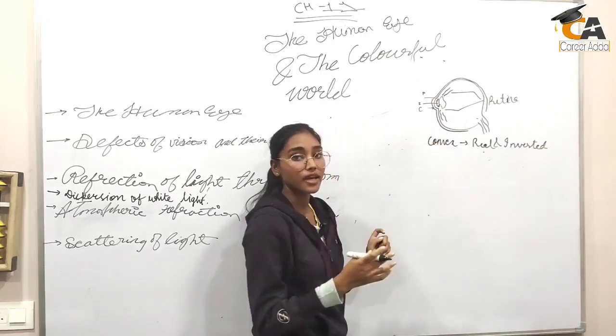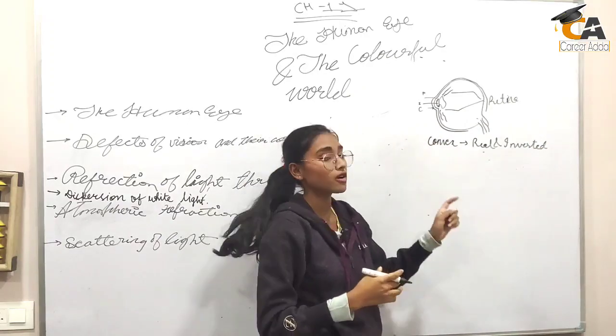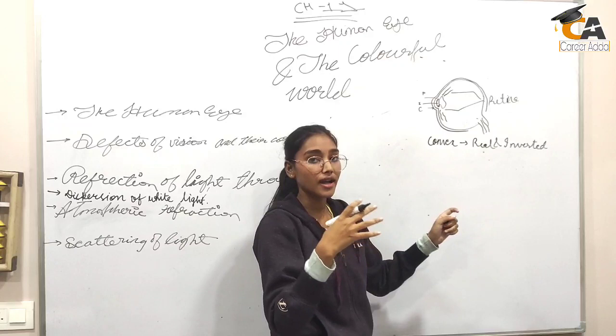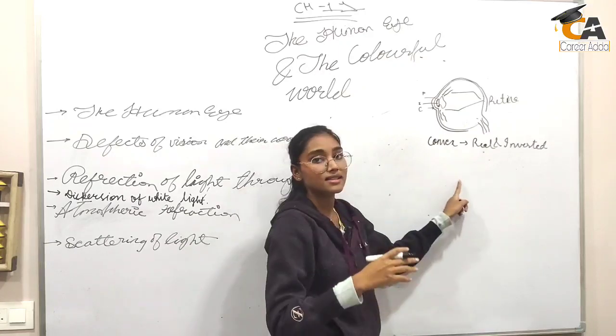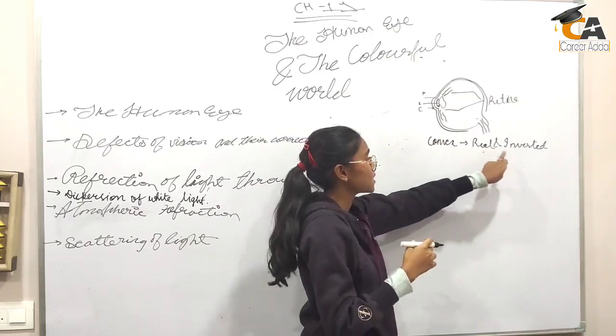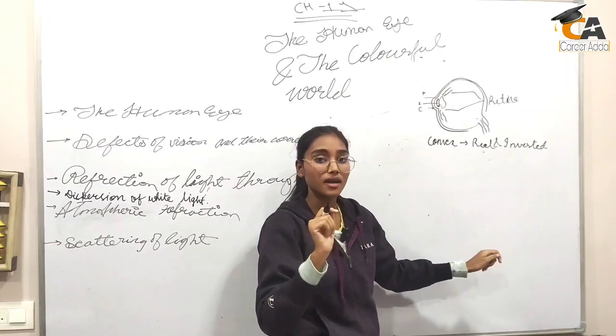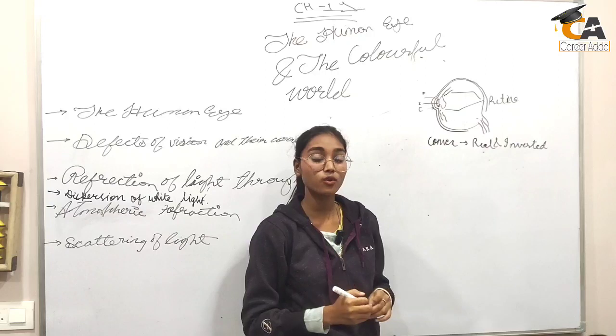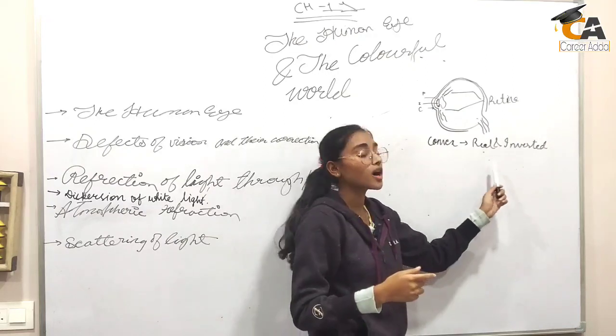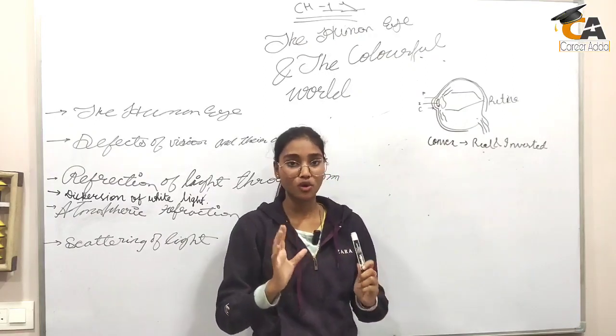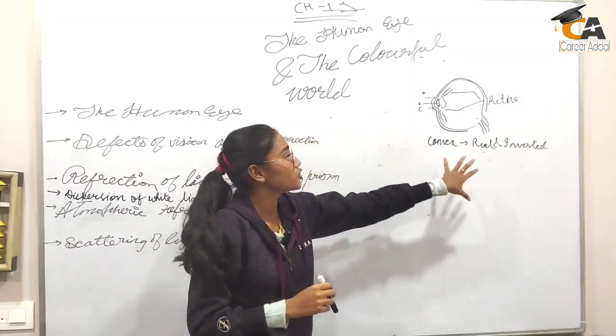Now there are electrical impulses that are sent when the light enters the eye. As we know, a convex lens forms a real and inverted image. To convert it into an upright image, impulses are sent to the brain, and the brain then quickly changes this into an upright image, and then we can see the image properly. Now this was the part on the human eye.